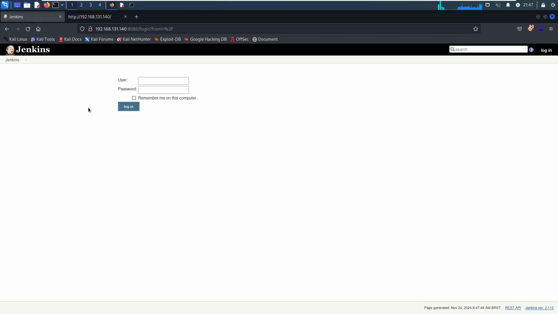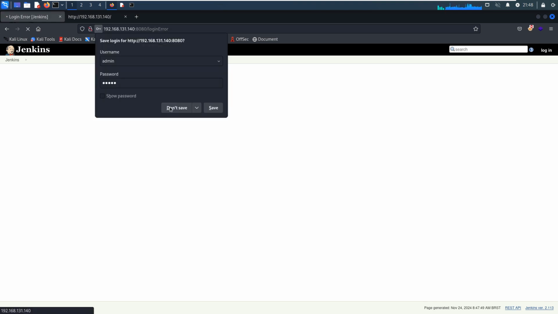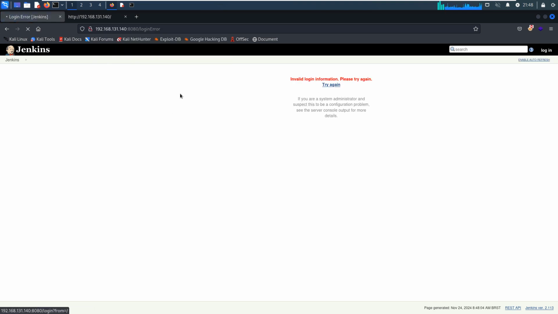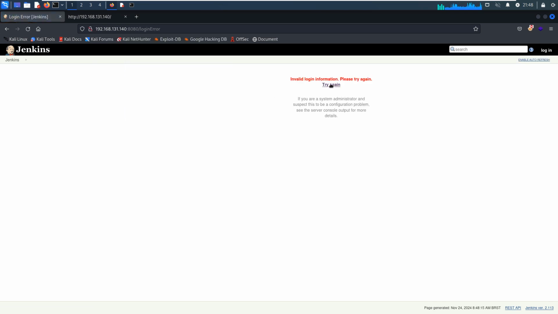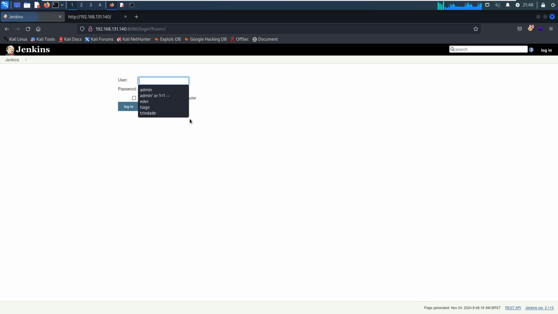So I think this would be the Jenkins application. And here we can try to use the username admin and the password also admin to log in, but failed. And we also try to use a login bypass technique to try to log in. So failed.